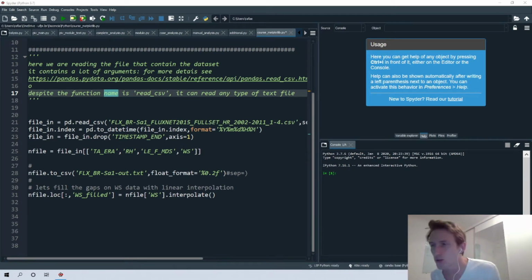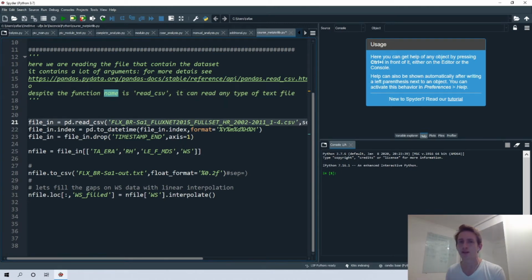So let's work. First, I just want to say again, if you have already worked with Matplotlib but you have never worked with pandas, you will see a little difference in how to make a plot.